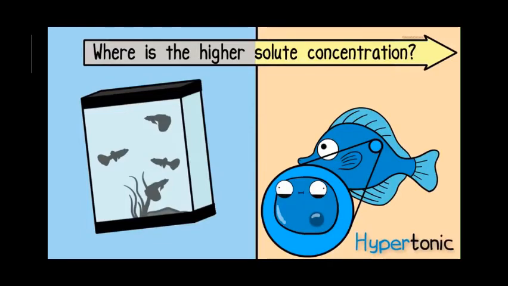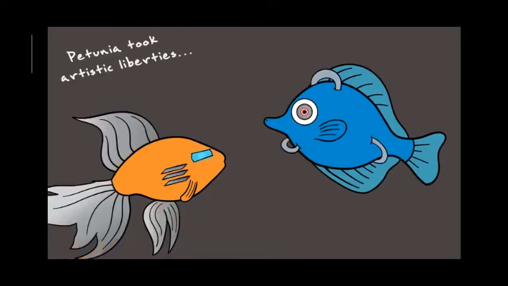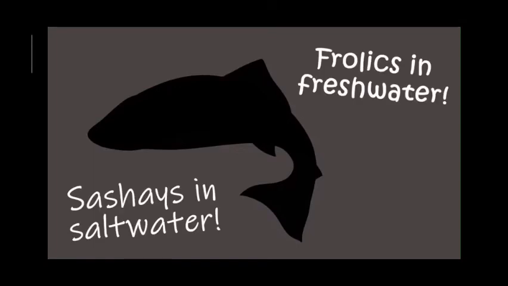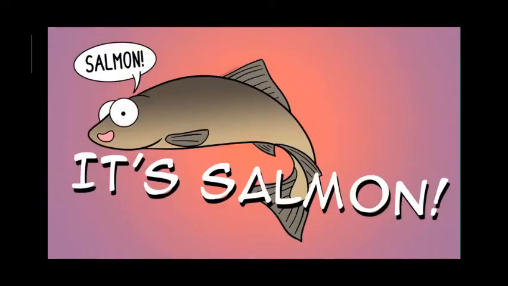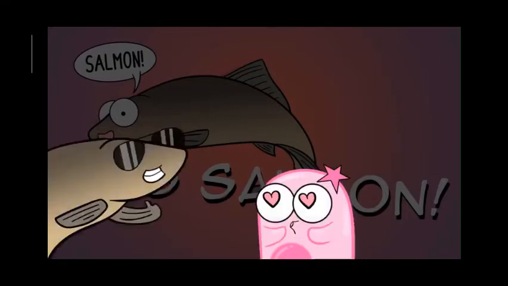Now, one thing to clarify, saltwater fish and freshwater fish are not necessarily isotonic to their surroundings, but they have special adaptations that allow them to live in their environment and usually cannot make a major switch from a saltwater environment to a freshwater one. Now, not all fish have this problem. There are some fish that have this amazing adaptation to switch between fresh and salt water, and they have to deal with this osmosis problem. Salmon, for example. I think if I could pick to be a fish, I'd be a salmon.